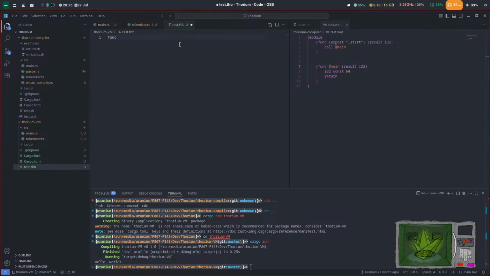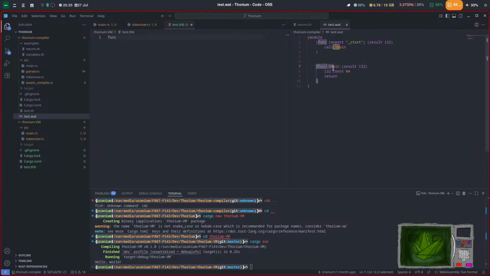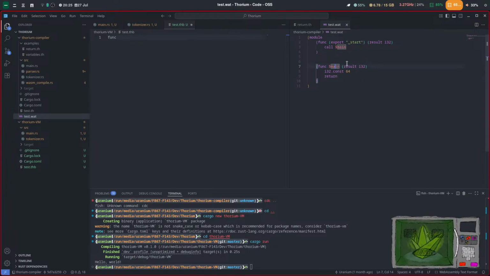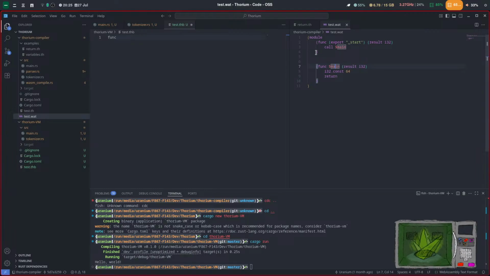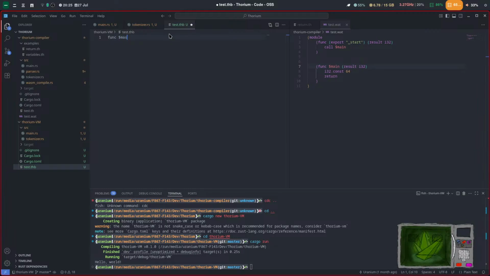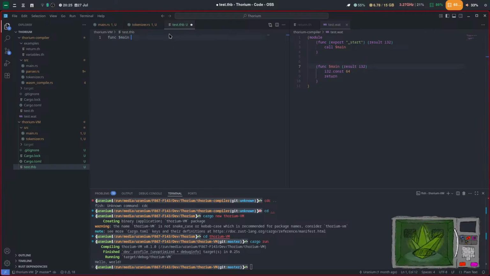But I do believe during tokenization, or parsing, having this $ sign makes it really easy to look up whether this is an identifier or a function or a variable name. No, sorry, if it's a keyword or an identifier. So we'll probably keep it main, and then